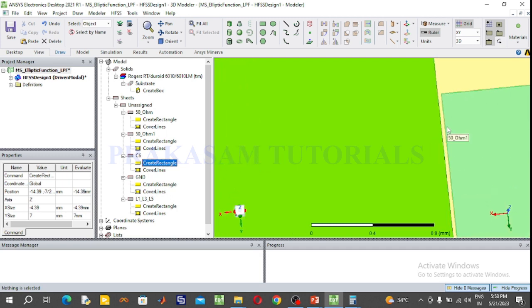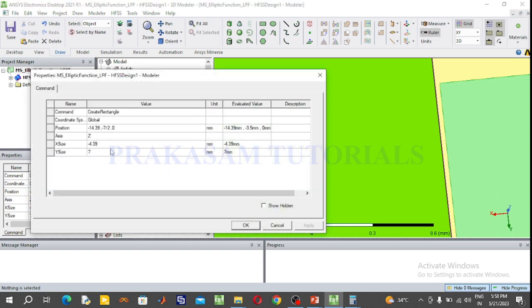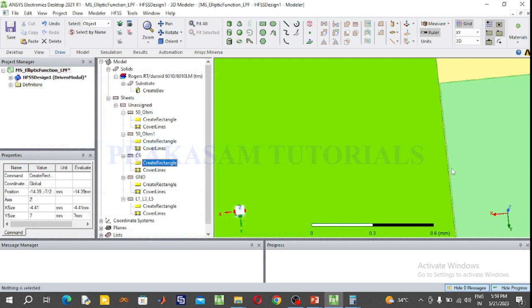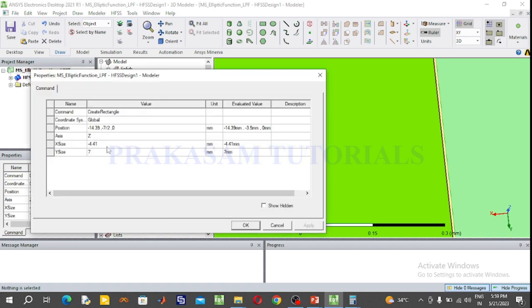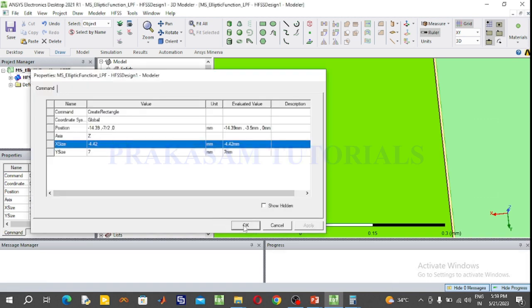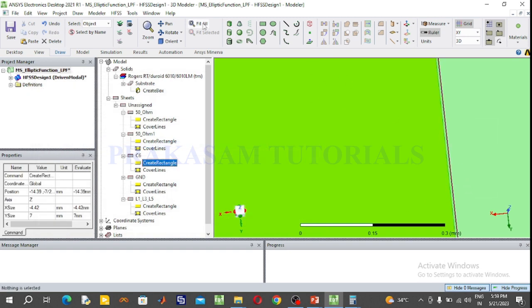Now here some gap is there, so I am increasing the length of the capacitor C6. So I am considering this length as 4.41. Now also some gap is there, so 4.42. Select fit all,